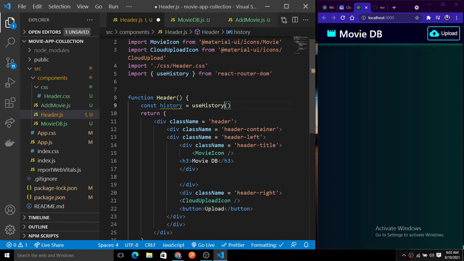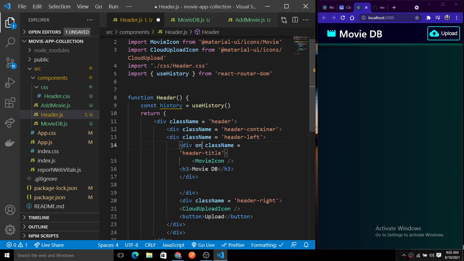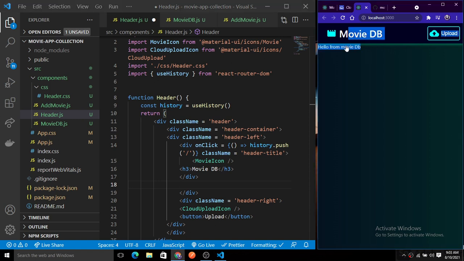So here we can use this. So here we have used the useHistory, and when I click on this header title, we just need to go back to our home page. So history.push, and here we use the push state, and here click on this. So this is for the history page, right? And if you can see here, if we are on the header section, you will see here we have a thing that is already added. You won't see because of this black color here, but you can see here hello from the movie DB is already here like this.